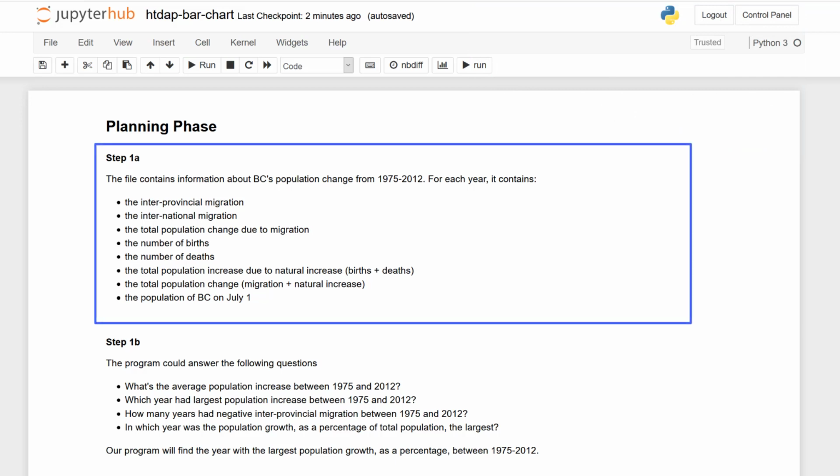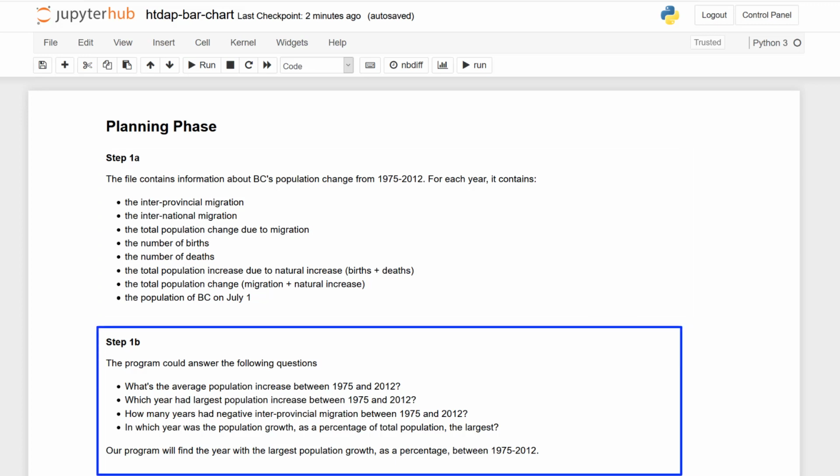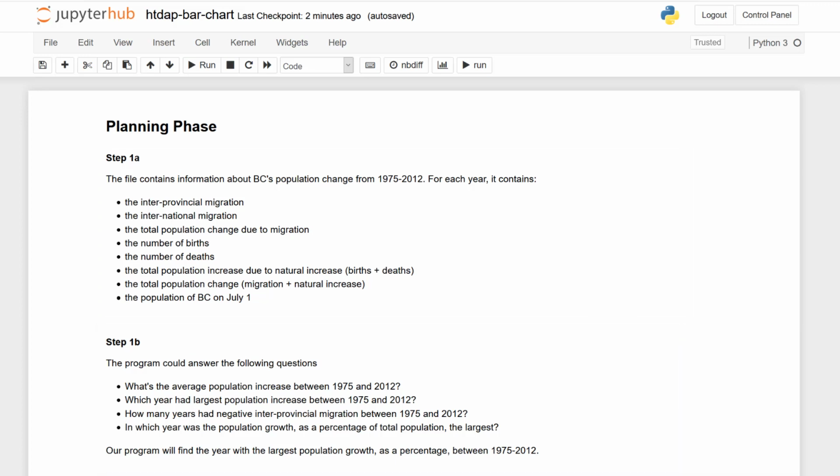Step 1A does not change as our file still contains the same information. Step 1B needs to be updated as we need to add our bar chart as a possible program output and choose it as our goal.